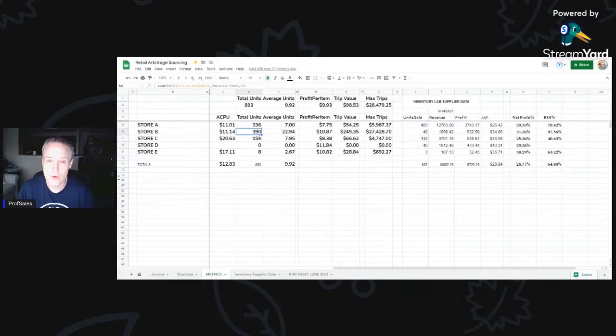Like this store, I've sold 390 or sourced 390. I've only sold 49. So, long way to go. But this is the actual revenue I've gotten. And then this is the actual profit that I've made off of those particular store chains. And this is the average selling price, which again is super helpful because if you want to scale your business